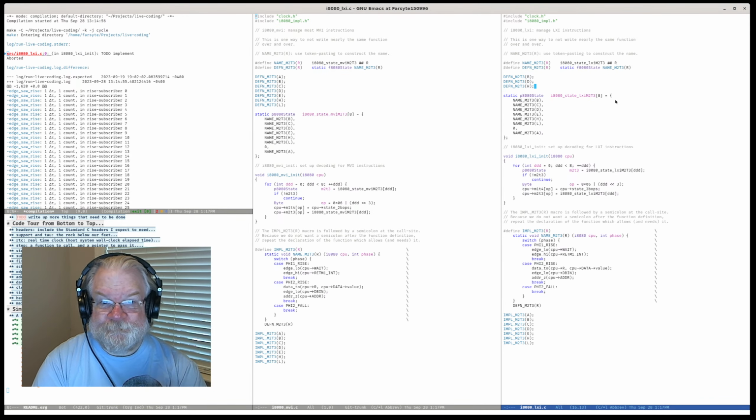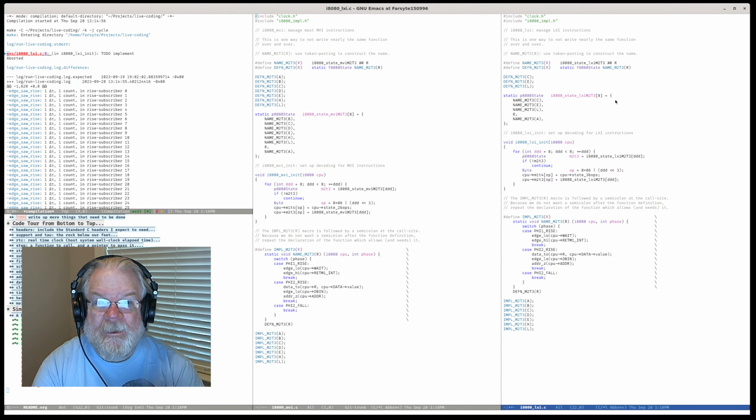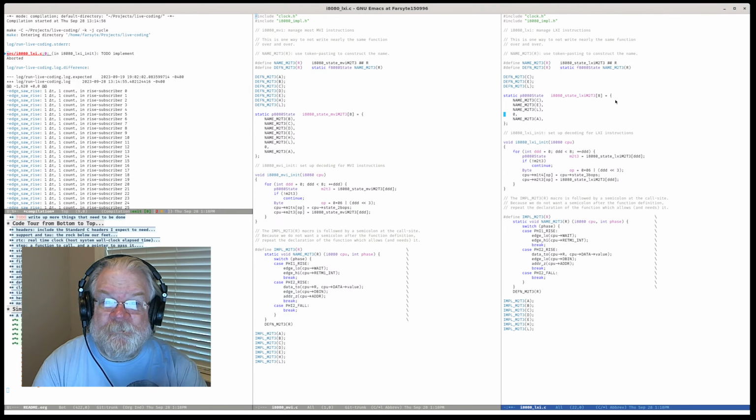So C, E, and L. C, E, L. And LXI also has SP. So this will move, well, let's do it by register pair.